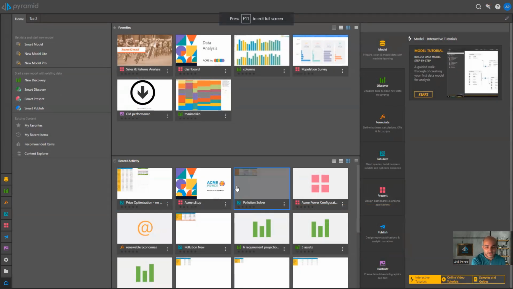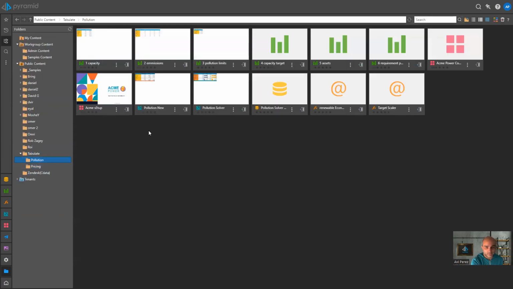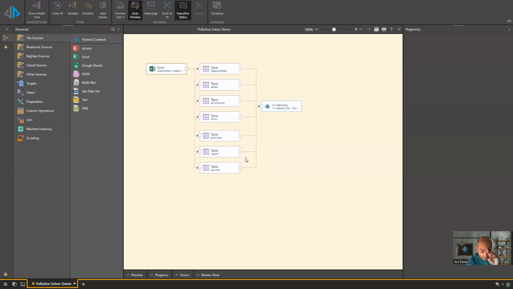So switching over to a different instance, which has got a different data set in it. I'm going to begin by opening up a data set that is known as the pollution demo, because it's got a bunch of data in it, in this case coming from just Excel. So not the most exotic example of data prep and data ingestion, but nevertheless a data set that is coming externally. This data set has information on different assets in a power grid setup, emission standards, pollutant standards, regional settings, and a whole bunch of things and stats around what is needed, including the data that would allow me to drive, using predictive logic, what might be the required power output by region,